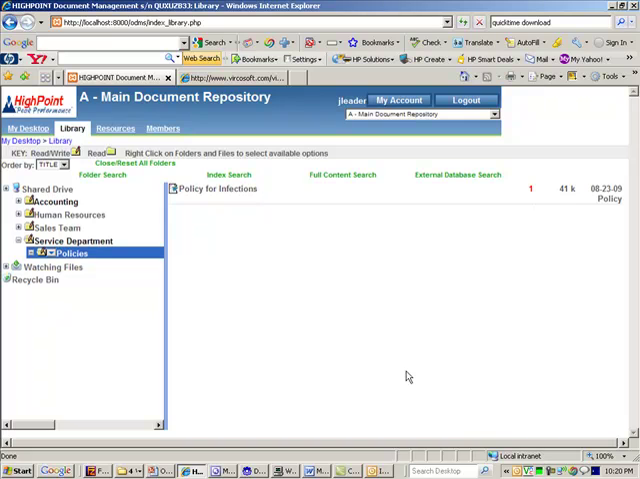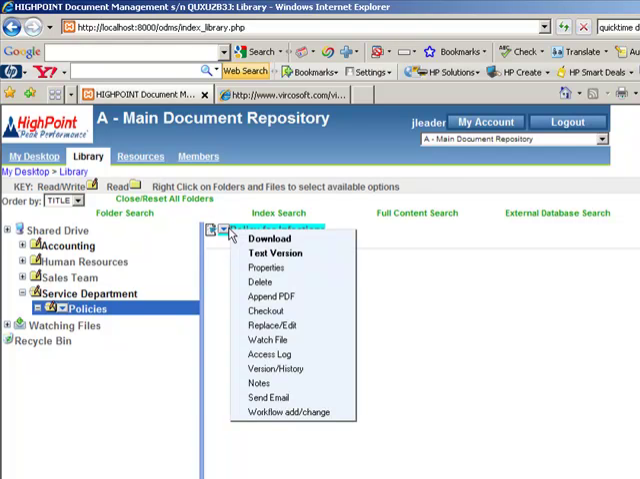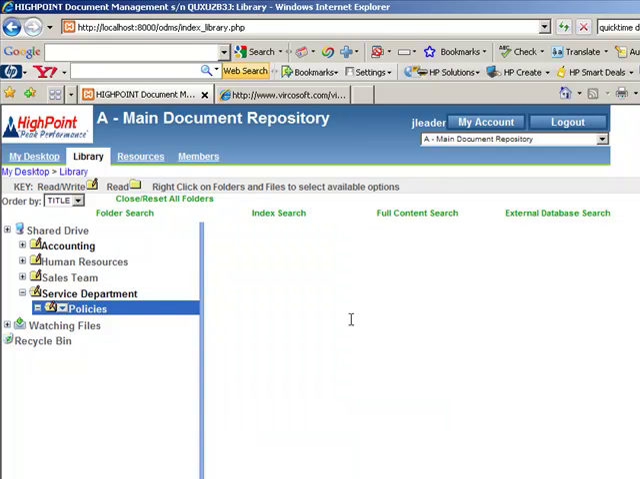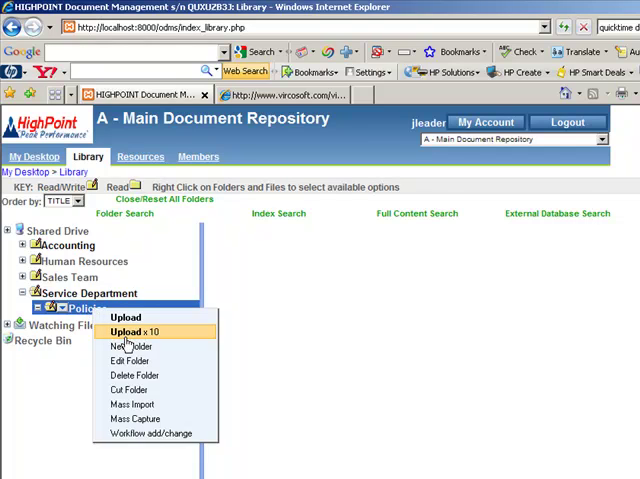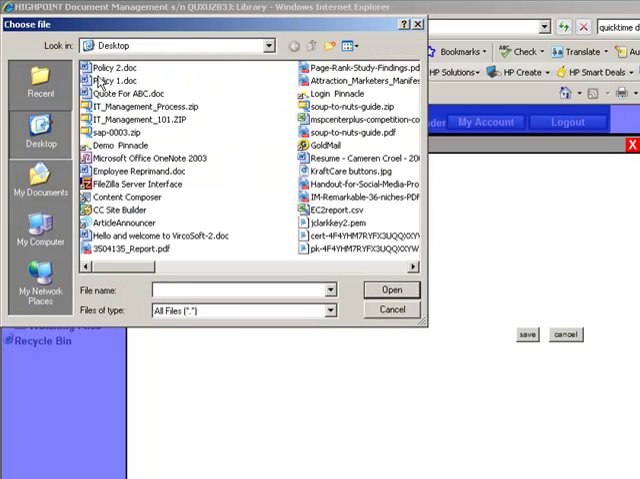Now the next thing I want to do is talk about how to upload more than one document at a time. So just real quick, let's take this one out and delete it out of our repository and start over with uploading more than one. So let's go ahead and right click here. Now notice we can upload 10 at a time. So what does that do? Let's click that. Now here's where I can browse again for those documents, or any document that I want. I'm just going to grab that policy again,